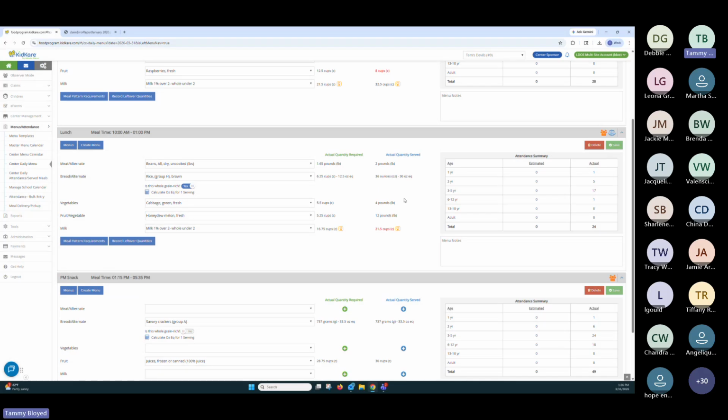It does you no favors to let KidKare determine the numbers, and then we see in your receipts that you either didn't purchase as much as you said you served, or you purchased a heck of a lot more than you said you served, and we're going, well, where's the rest of it? Did somebody take it home? Is it still on the shelf? You're accountable for the food that you record. So if you actually served 3 honeydew melons and they're about 4 pounds apiece, you record 12 pounds of honeydew. You do not record 6 cups of honeydew.